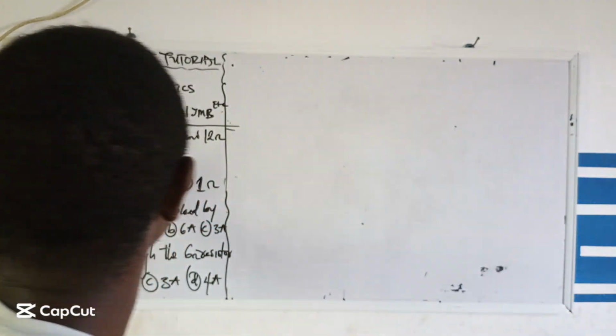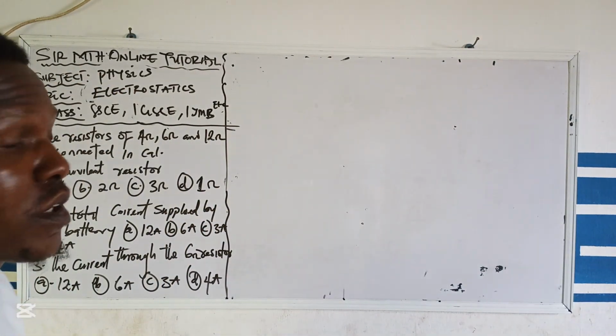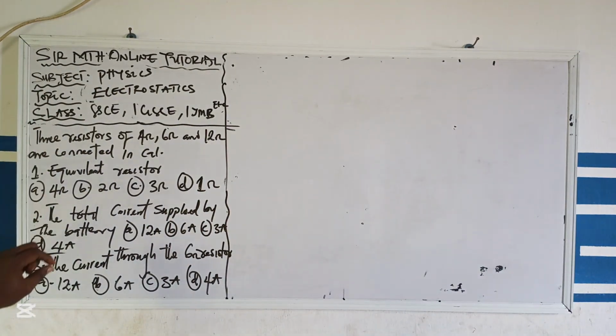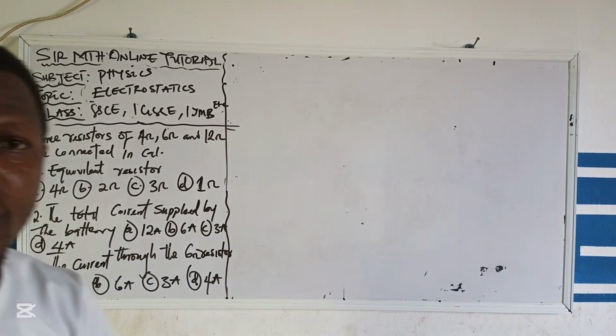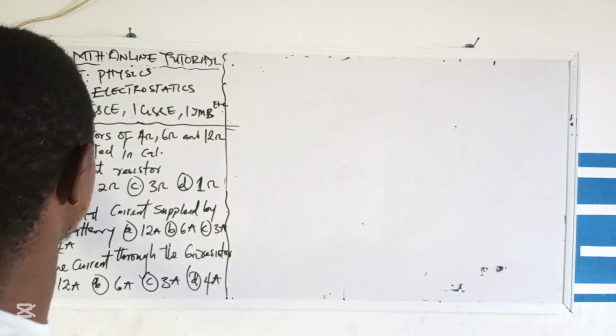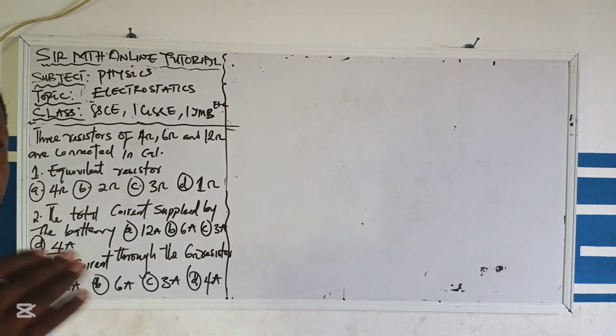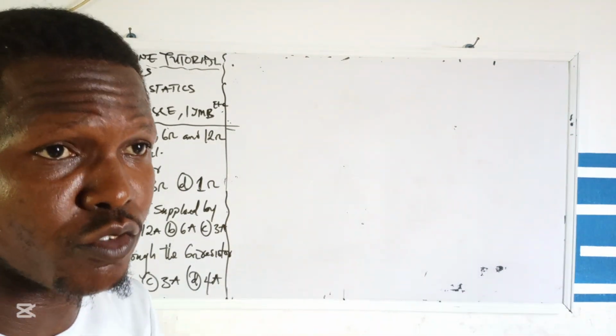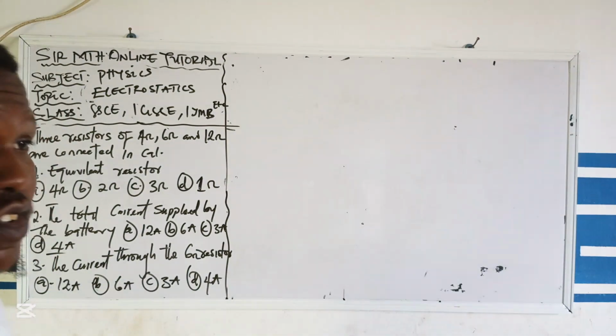We're going to be talking about electrostatics today. We're going to be taking the questions one after the other. And please, you have to follow well because each question will be dropping one after the other. So this is part 1, this is part 2, and this is part 3. Simultaneously and sequentially they will be dropped. Follow them so that you can see the resonance and how it works.